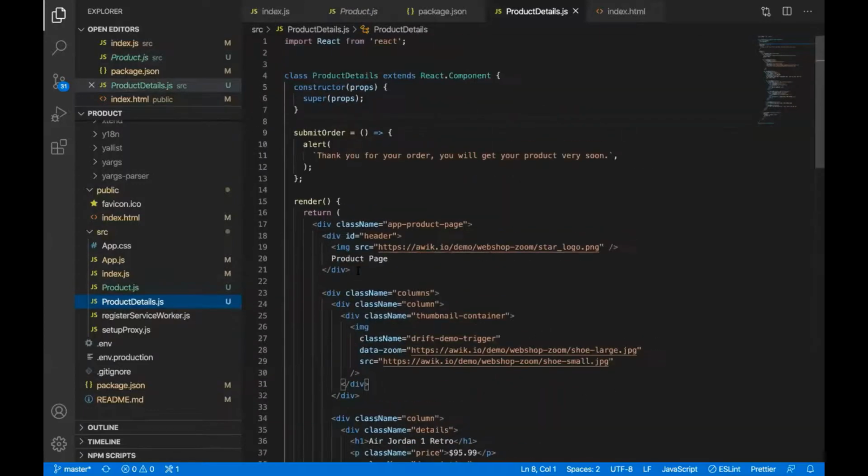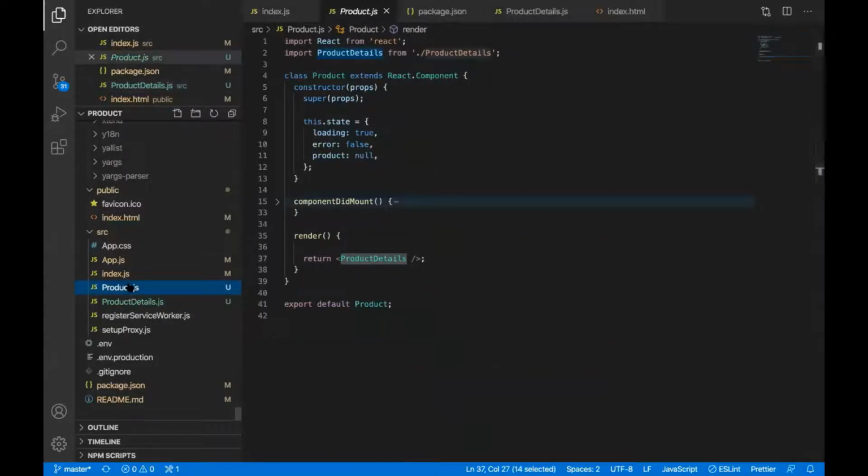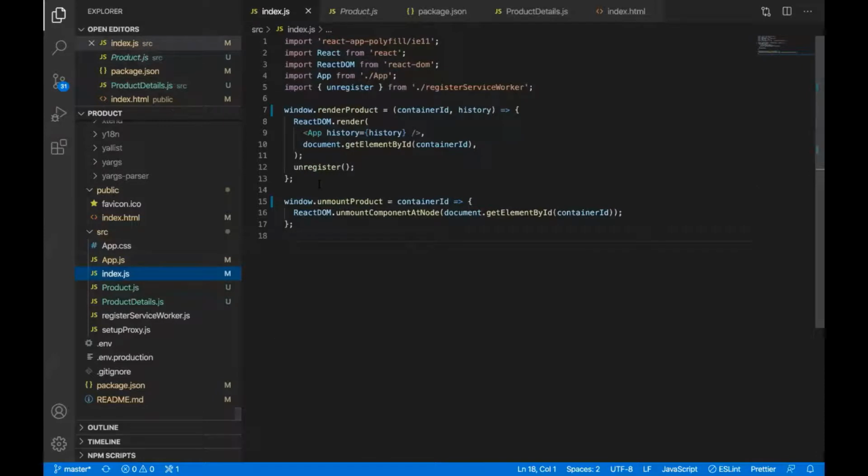That is the HTML that was coming on the product page. So app.js, product details, product.js, these are pretty much the standard part. The only difference here is that this is the product micro frontend, so we are giving naming conventions.